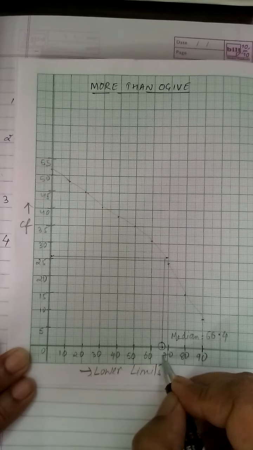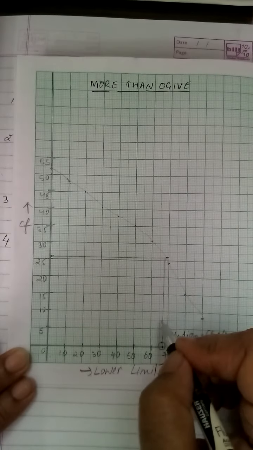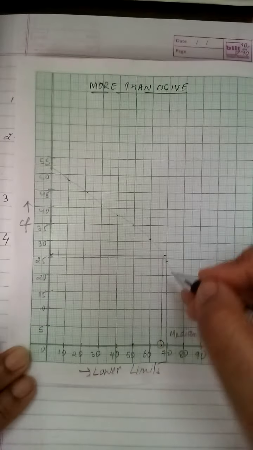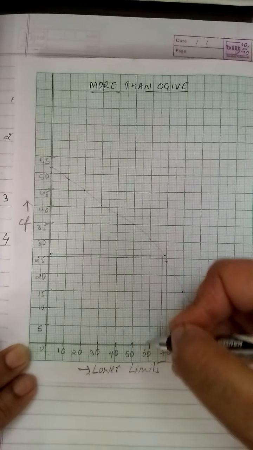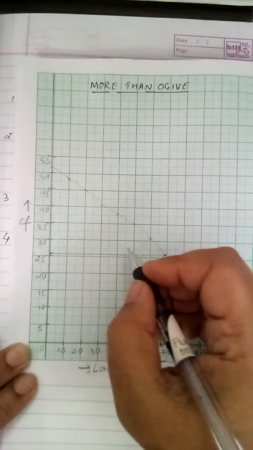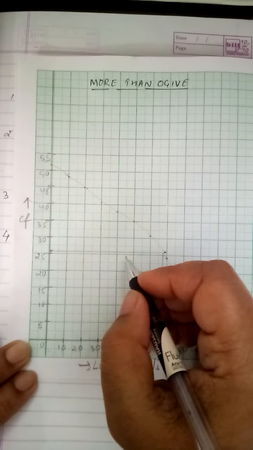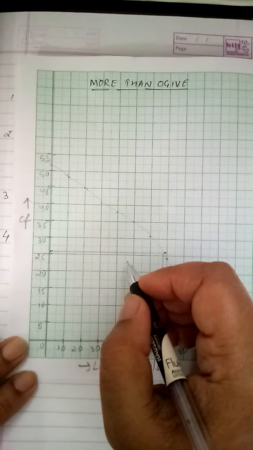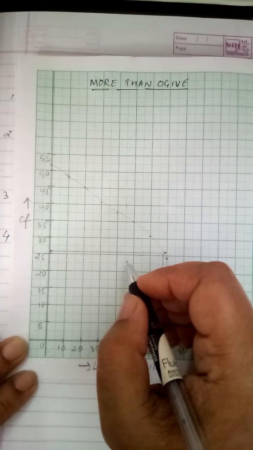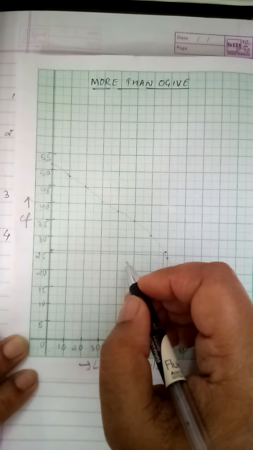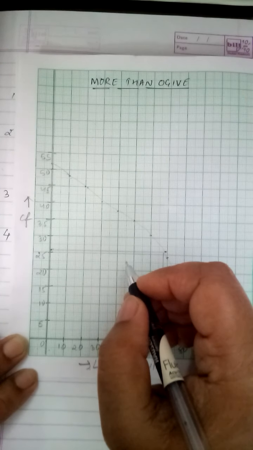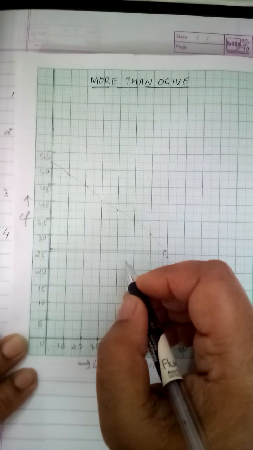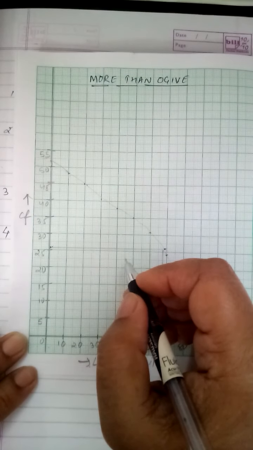As I've told earlier also, the median will always lie in the median class. So it is obvious that this 66.4 is lying in the median class 60 to 70. And again, a one marker question is asked that when you represent the median graphically and you get the coordinates at suppose x comma y, the median is given by which value? So the median is given by the x coordinate always, and the justification is because the median lies in the median class. That is why the x coordinate always gives the median.